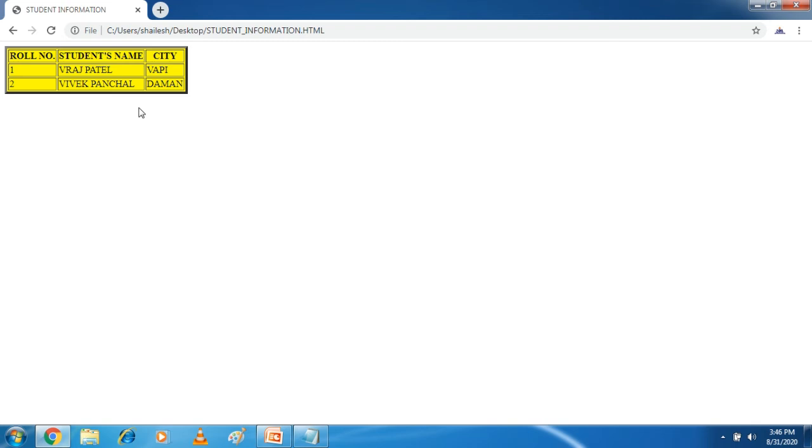Now what is the cellpadding attribute, student? If two table cells are placed next to each other and both contain text, there may be a problem. If there is not enough space between the edges of the cell and the text, the words would combine with each other, making them hard to read. Right now here I am writing Vraj Patel, but after that there is a space, right?